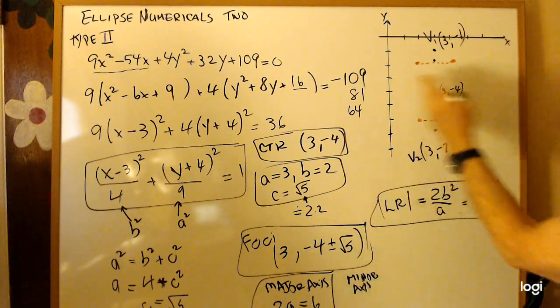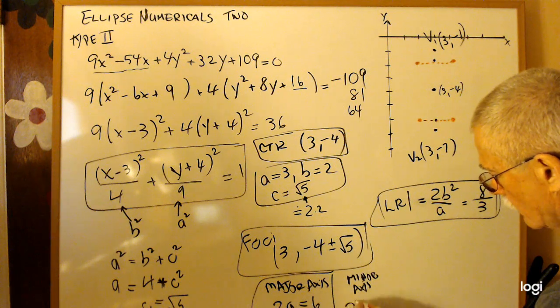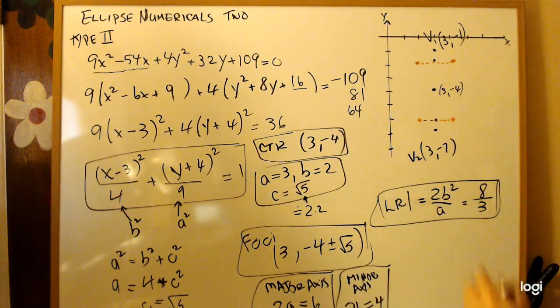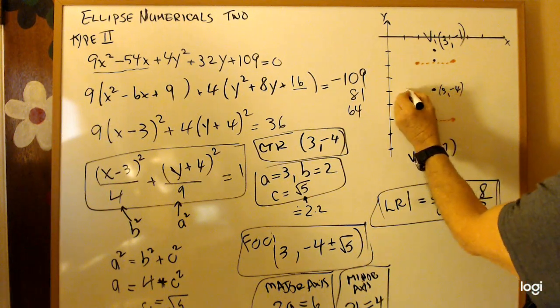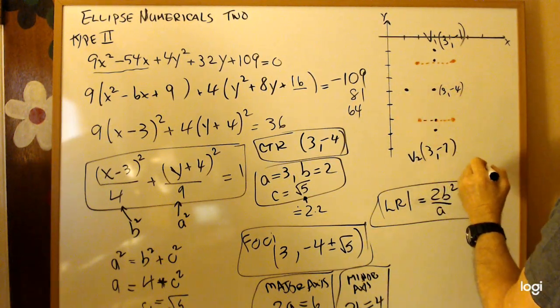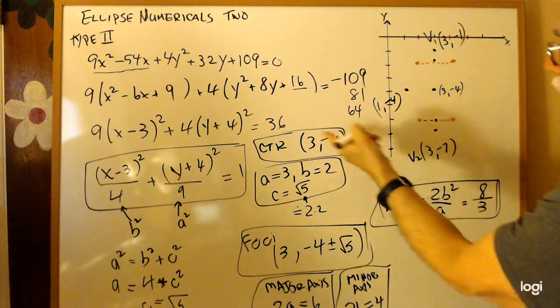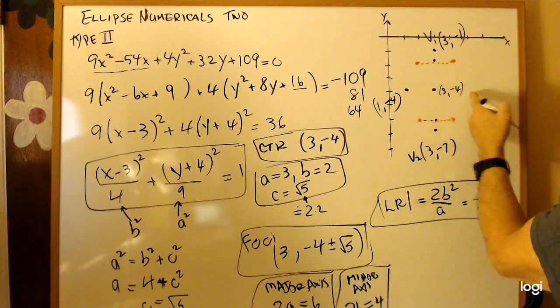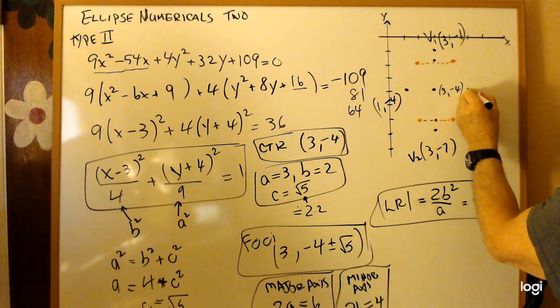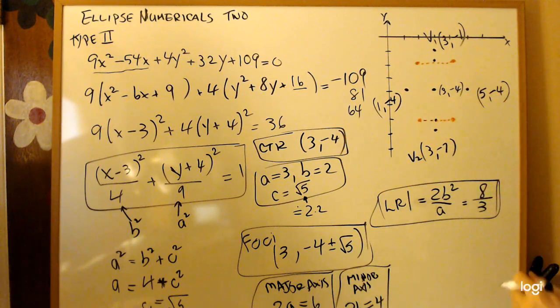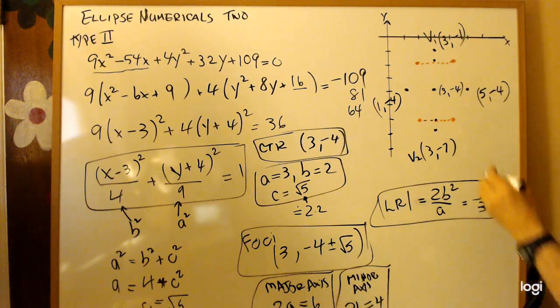We're going 2 either way. So 2b is 4. So the length of the minor axis is 4. We're going 2 units this way, which takes us to 1, -4. You're not asked, I'm going to write it down anyway. And 2 units this way, which takes us to 5, -4. And they would be the endpoints of the minor axis. And that's going to help us